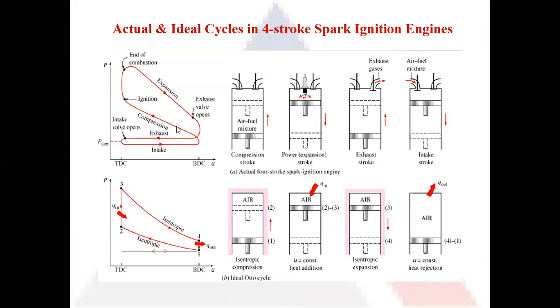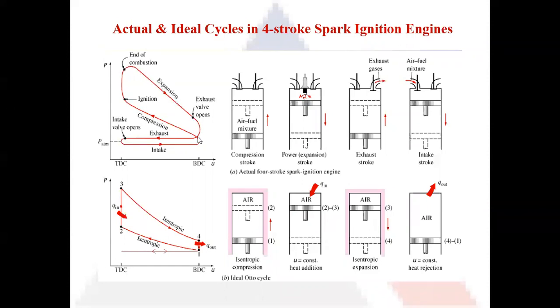If you see the compression stroke, this is isentropic compression, and the transition here is not abrupt. It takes some time for this isentropic compression to convert into the constant volume heat addition process. Okay, so here, the 2 to 3 process, the corners are not sharp now, these are gradual. So this change from one process to another is gradual, and it takes place over a certain time duration. That is why all the corners are rounded off.